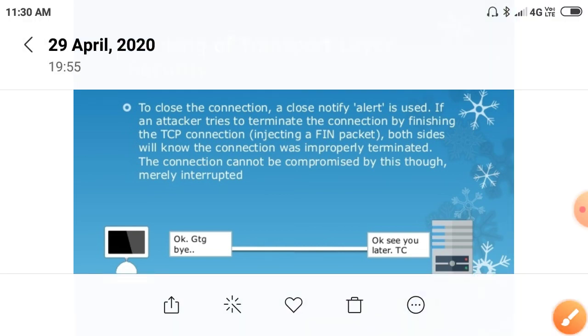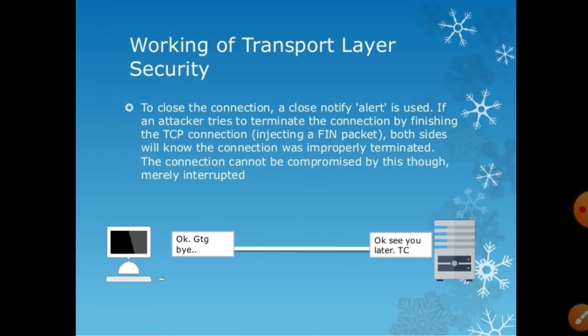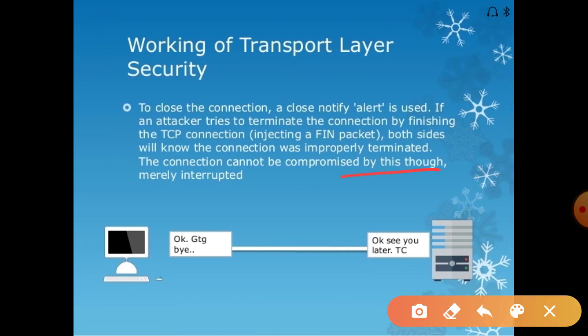The connection cannot be compressed, it can only be merely interrupted. So if a third party tries to terminate the connection by finishing the TCP connection, then these two parties come to know about it. Why?